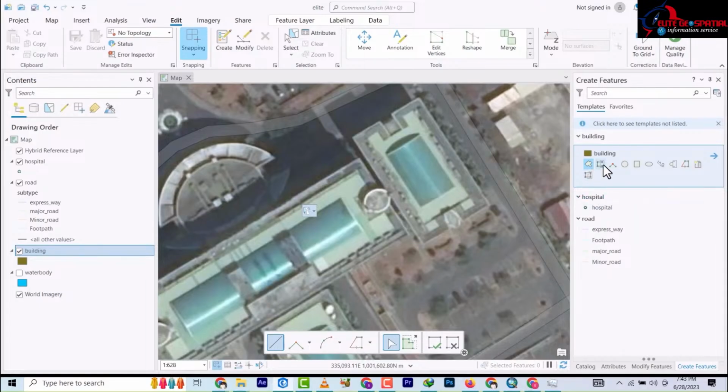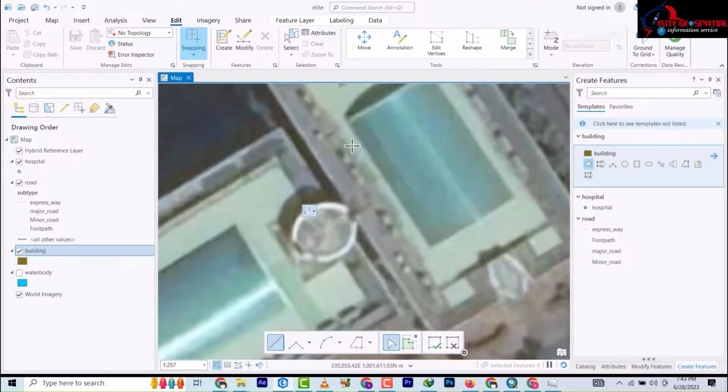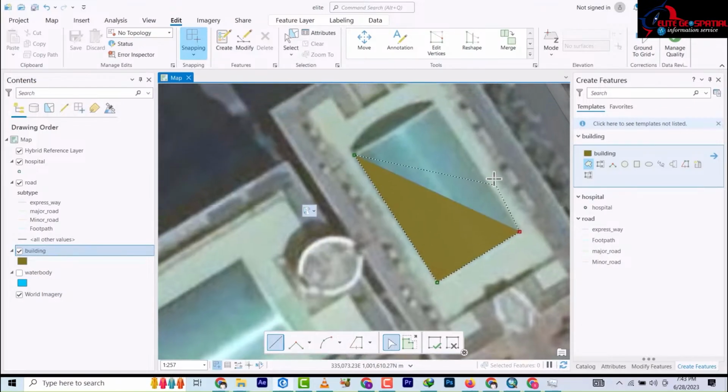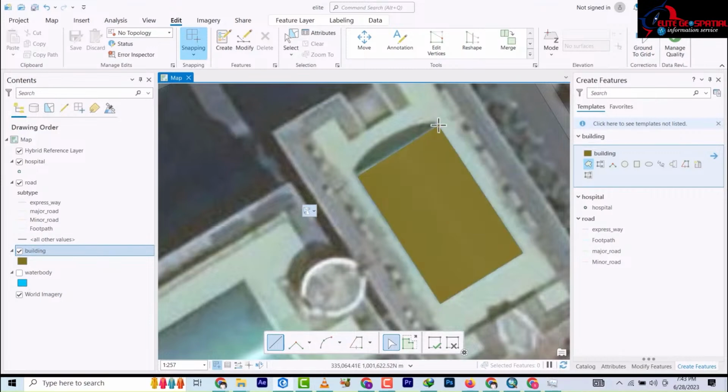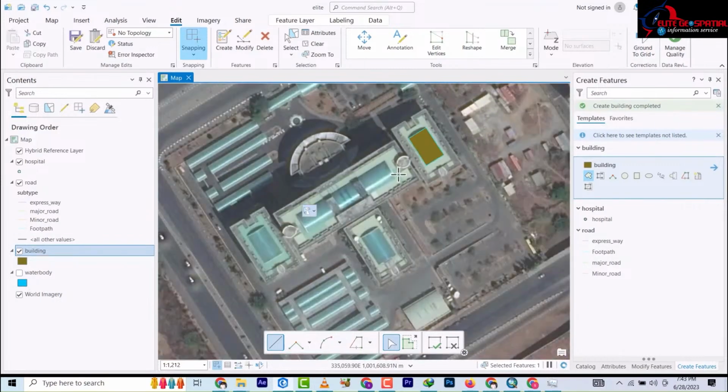So I'm going to choose, we have the polygon, we have the auto complete polygon, and then we have the right angle, we have the circle, and then we have the rectangle. In this tutorial we're going to use the polygon, and in the next video we're going to use the rectangle. So on the polygon you're going to make a selection, 1, 2, 3, 4, and you double click. Alright, so